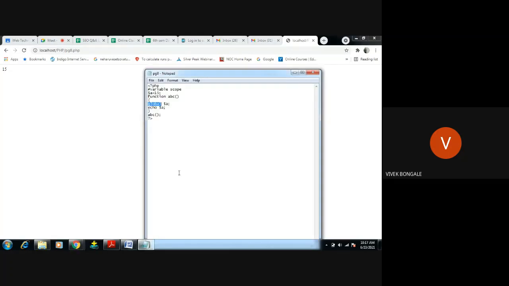See, the same 15. This is the scope of variables within a function. If you want to access a variable inside the function that is not declared inside it, you can use the global keyword. This global keyword will access a variable which is outside the function. This is variable scope within a function.